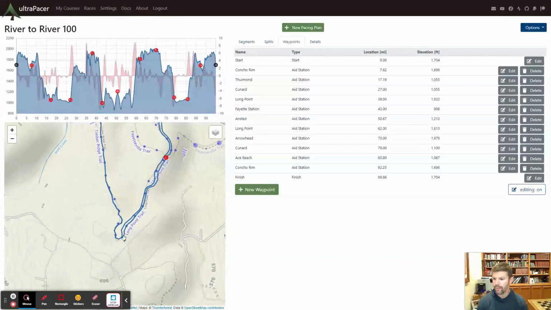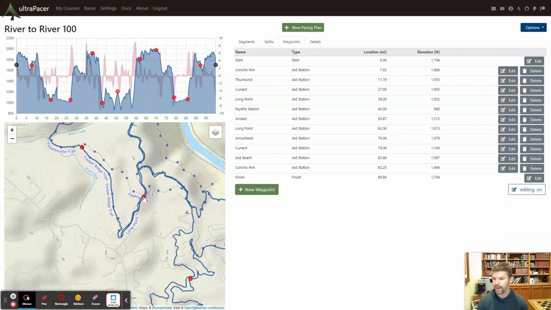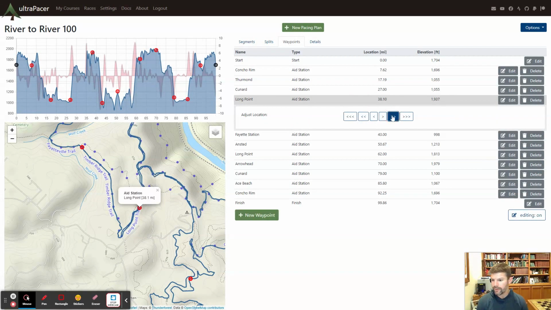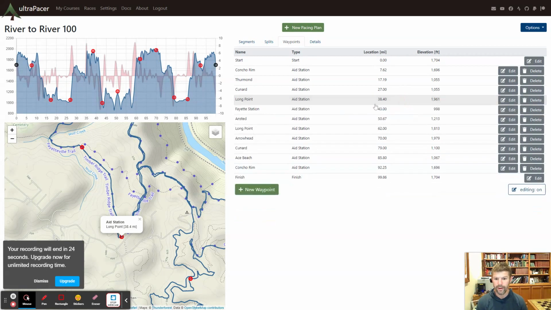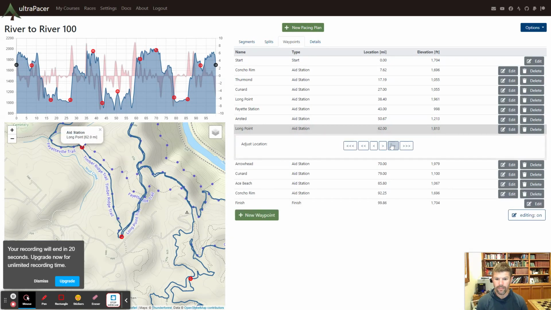All right, so the long point aid station should actually be here near this parking area. So this one, mile 38, aid station needs to be shifted forward a little bit. The way these buttons work, so little shift, bigger shift. So it's actually a 100th, 10th, and 1 mile increments. The mile 62, that one's going to come forward